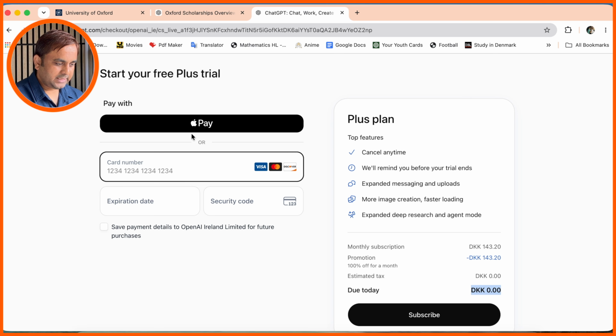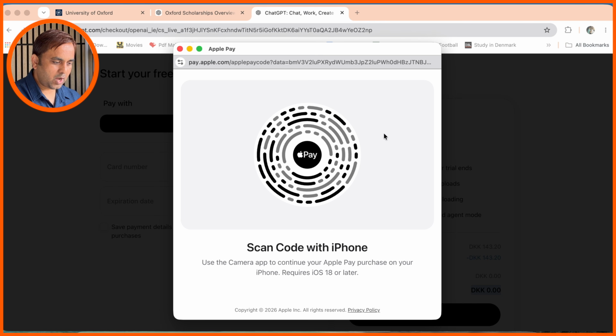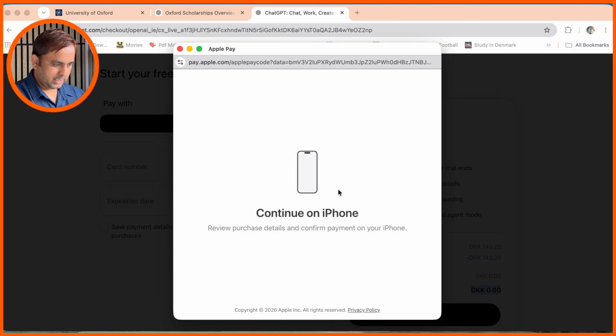Simply provide the card details, or you can just pay this money via Apple Pay as well. So I have Apple Pay. Click here. So I need to scan this QR code. So I use my iPhone and just simply open here, then scan this QR code and provide the authentication coming here without paying anything. Just simply provide the authentication, and here the 0 Danish krona. Meanwhile the process is coming to completion. Wait a couple of seconds to complete this process,